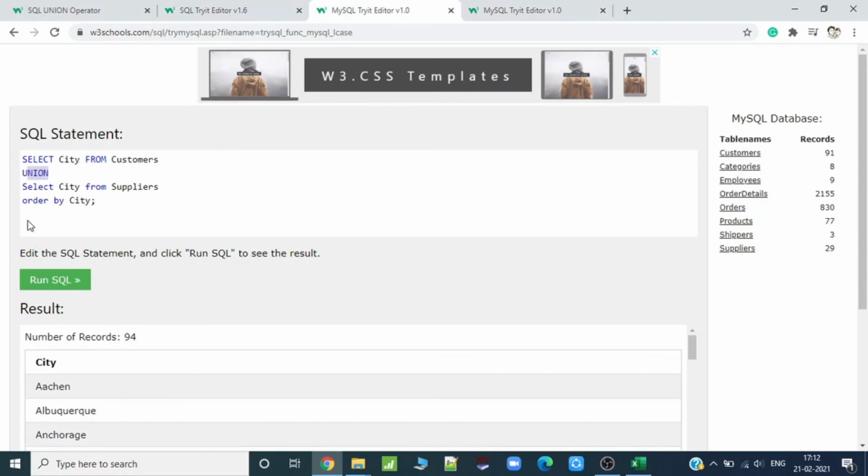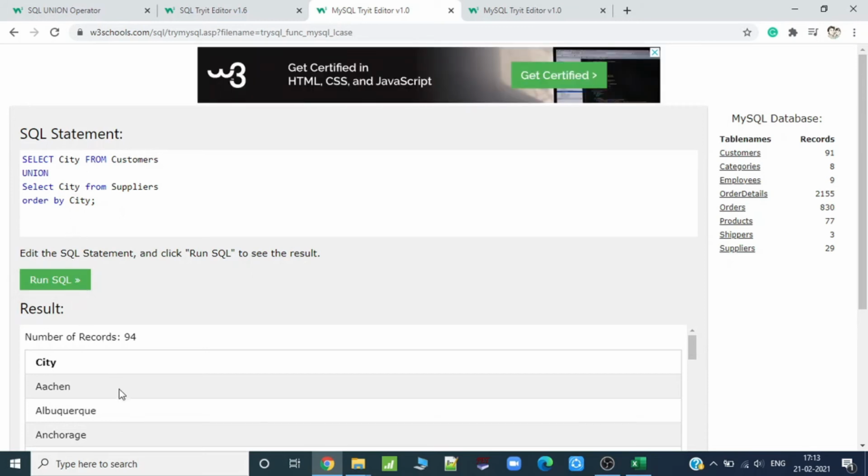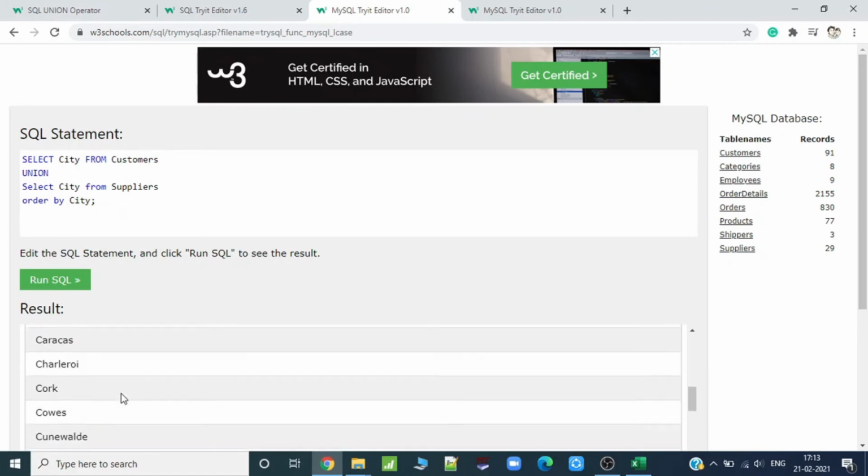So what I will do, I will use select city from customers or select city from suppliers. But I want to combine both, then I will use the union function and I will use order by city. So it gave me the city from the customers table and all the cities from the suppliers, and then I combine both in a row. So union is used to combine a number of records in a row, and a simple comma is used to combine columns in different tables, right? If I just run it, I would get 94 records, and if you can just see, these are all the distinct cities.